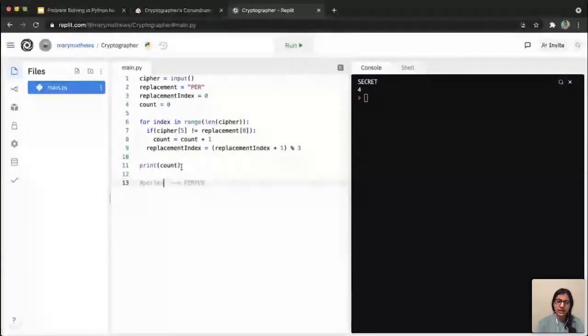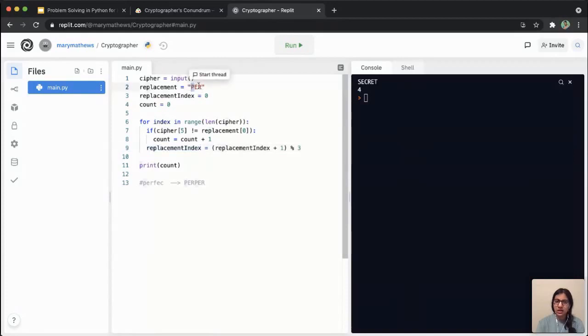And line 9, I'll explain once more. So basically what's happening is at each step in each iteration, I start with 0 for my replacement character. I want to check first P, then I want to check E, then I want to check R, if this is equal to the first 3 characters of my cipher string.